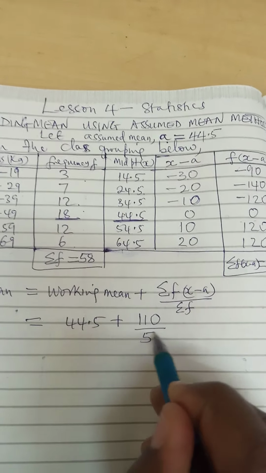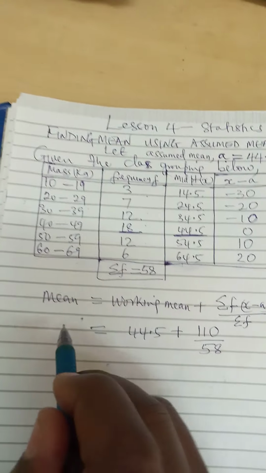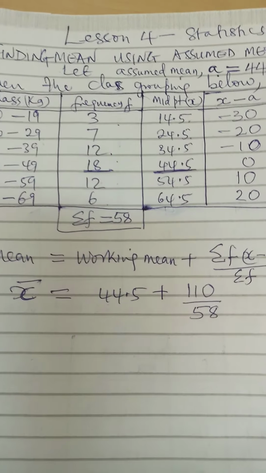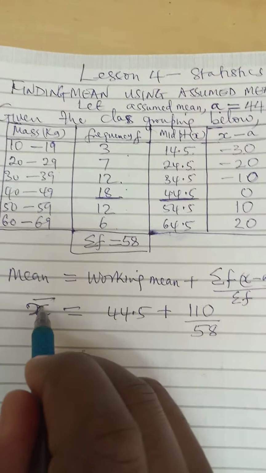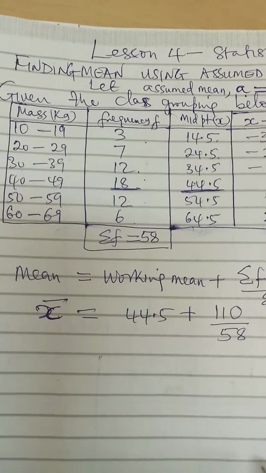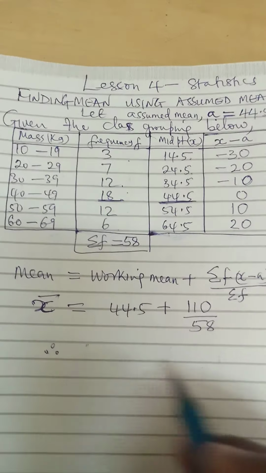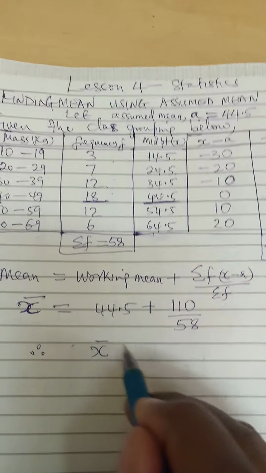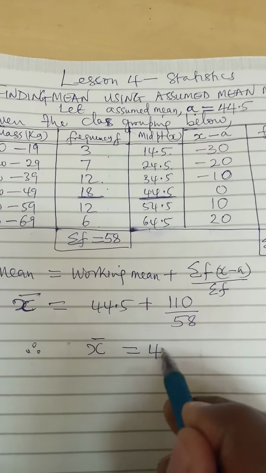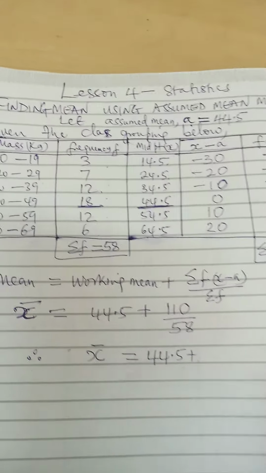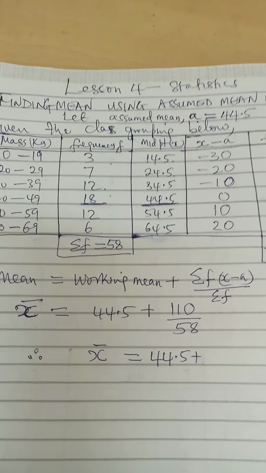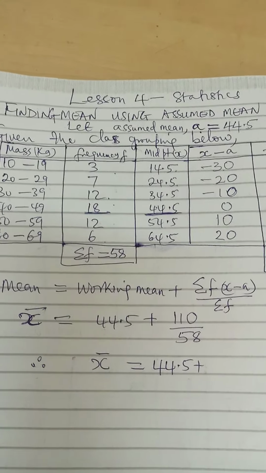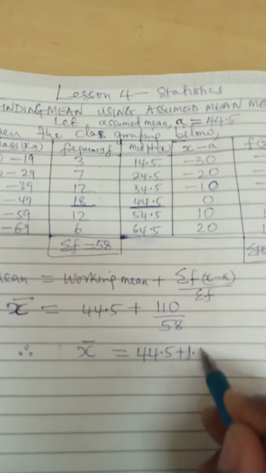Our summation of F is 58. This symbol can be used to represent the mean. X, if I call it X with a dash. Therefore, using our calculators, we can eventually get our mean as, when we add, 44.5 plus 110 by 58 will give us 1.89,